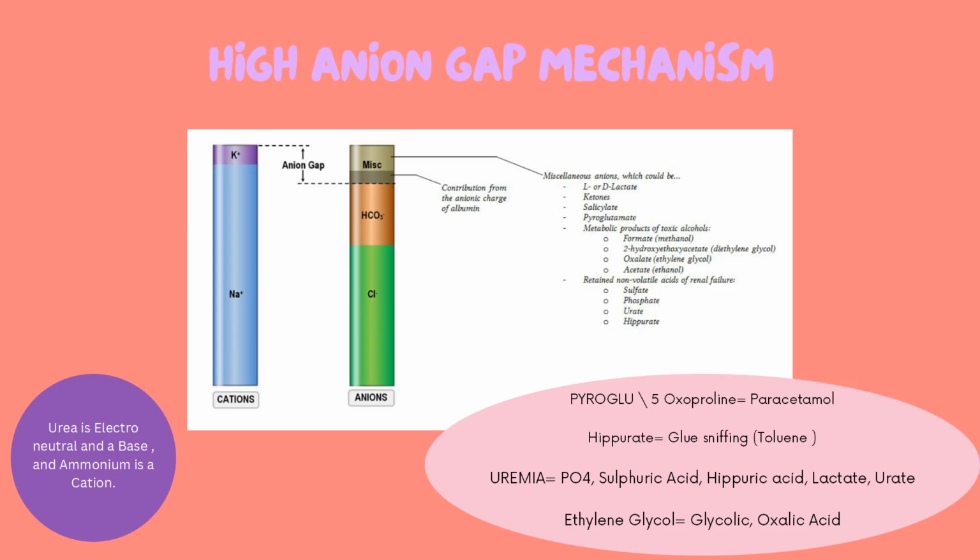Here, if you do remember, the HAGMA is due to unmeasured anions increasing in number, encroaching into the space of bicarbonate, thereby increasing the gap between the measured cations and the measured anions. Unmeasured anions have taken up the place of bicarbonate. So if we look at the metabolic products that take up that space, that is unmeasured anion, in terms of normal physiology that have become abnormal pathology, it's